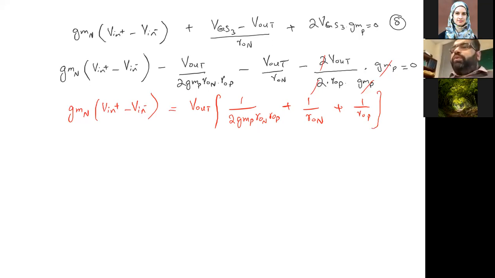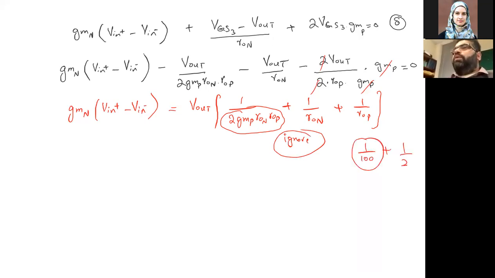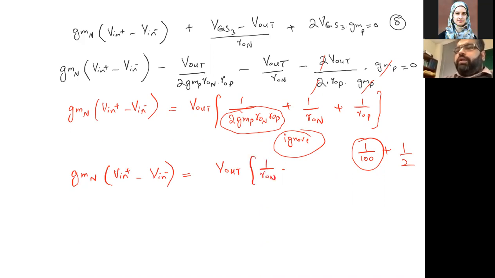So what we can do now, if we just see a little bit analytically what's happening here, this is RON, the product of ROP times the product of GM. We can negate this value, or we can ignore this value as compared to 1 over RON. Something similar, you write 1 over 100 plus 1 over 2. So you can ignore the value of 1 over 100. That's what we can see. We can write an approximate relation since we're interested in finding how this behavior is looking. So we are left with 1 over RON plus 1 over ROP,